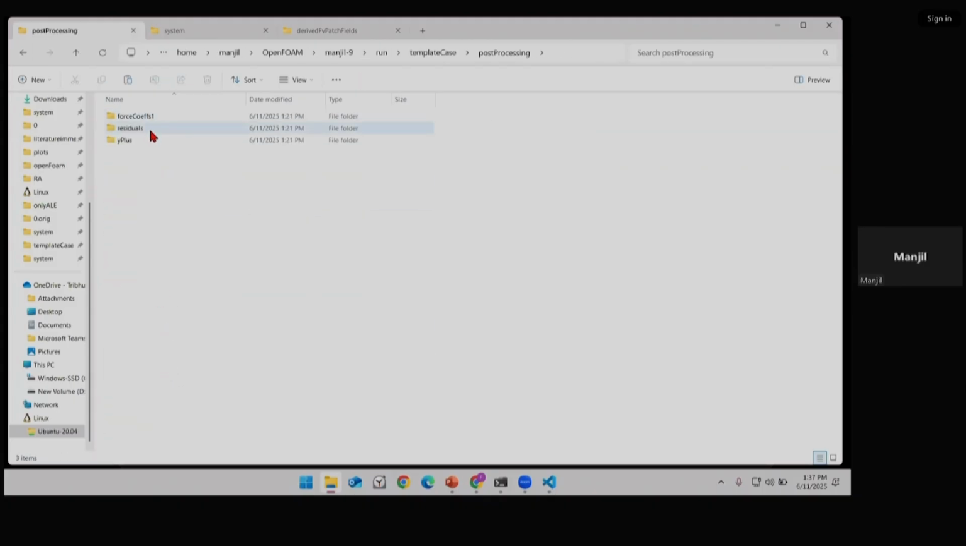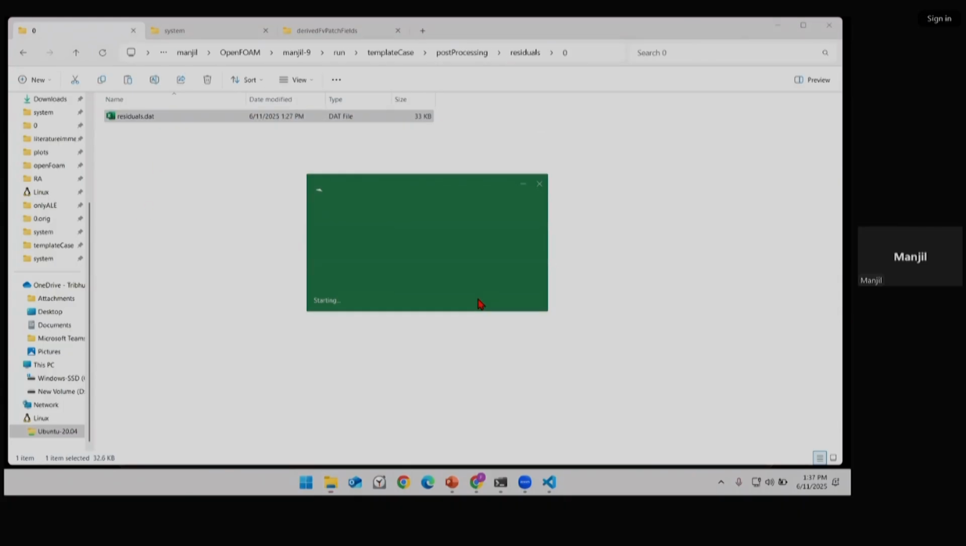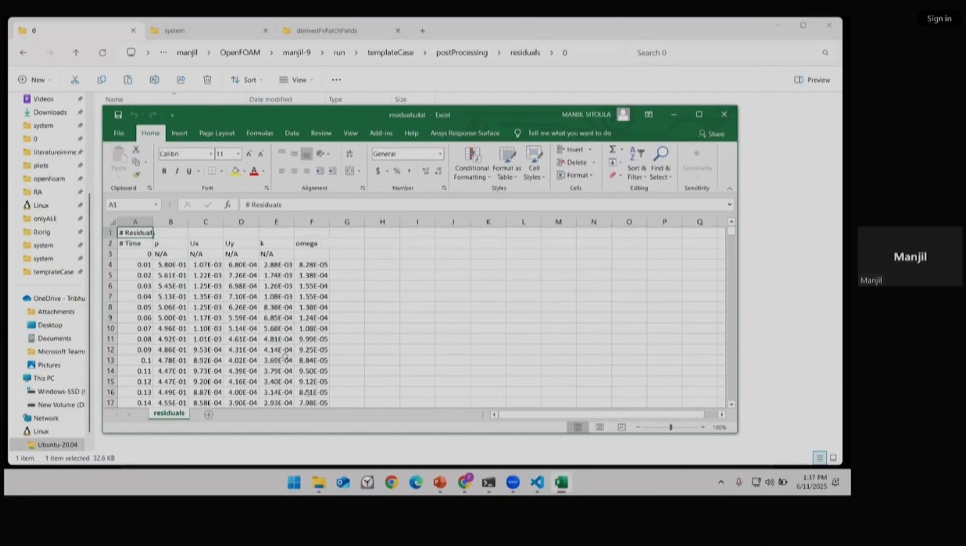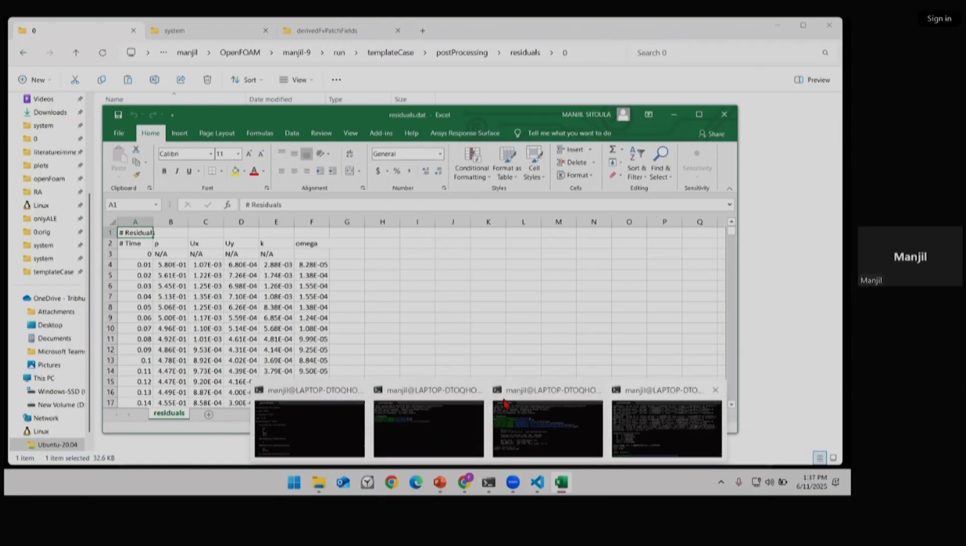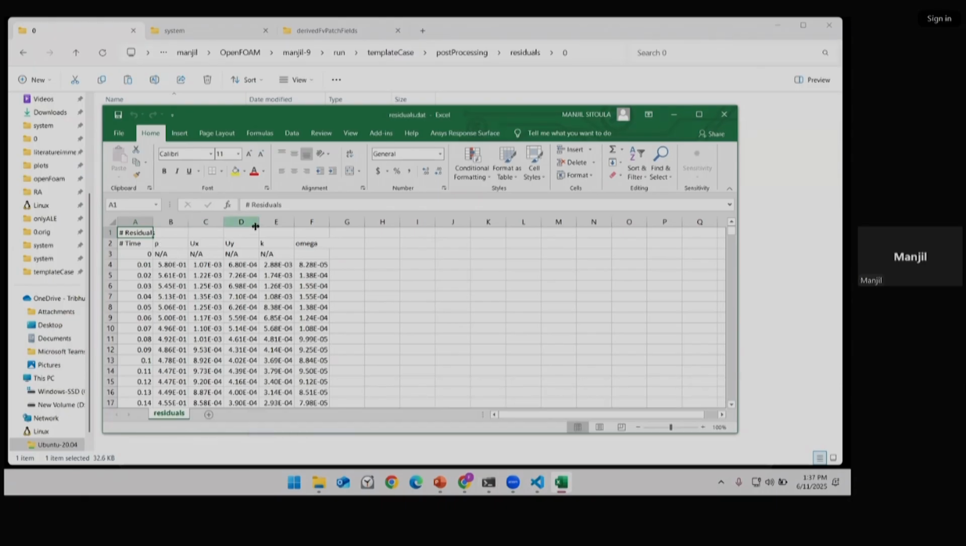So in the post-processing, if you go to the residuals, there is a file created called residuals.dat. If you go inside it, there are different columns, and according to time it will plot the pressure residual, the velocity residuals, k, omega. Suppose the velocity is in the third column, time is